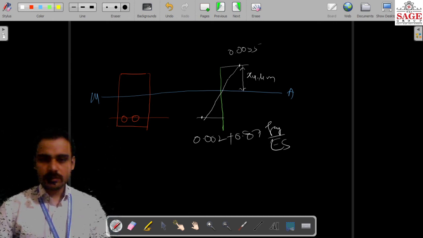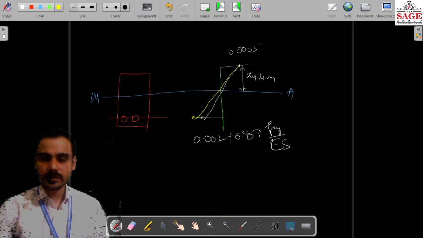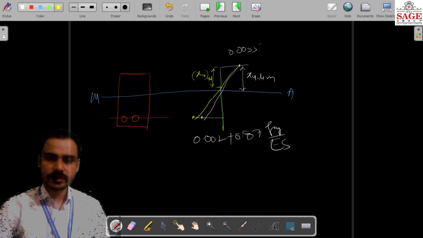And if we talk about the under reinforced section, in the under reinforced section, if concrete gains its ultimate strain, the strain in steel is more than its minimum value. So if we draw the strength profile, that will be the strength profile for the under reinforced section, and here the depth of neutral axis is a value which is less than the XU limit. That is the XU for under reinforced. UND means under reinforced.